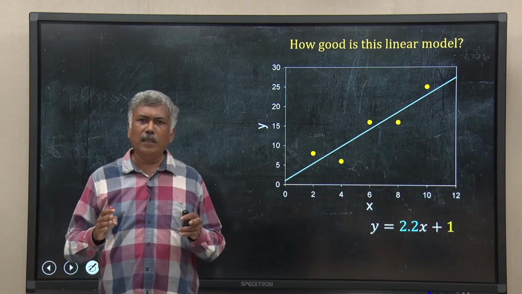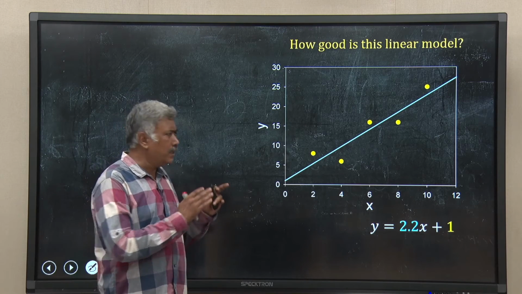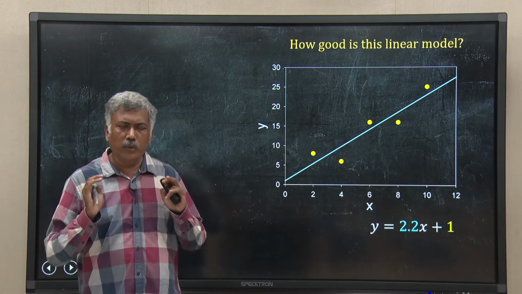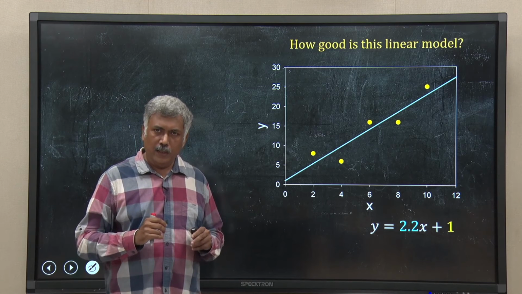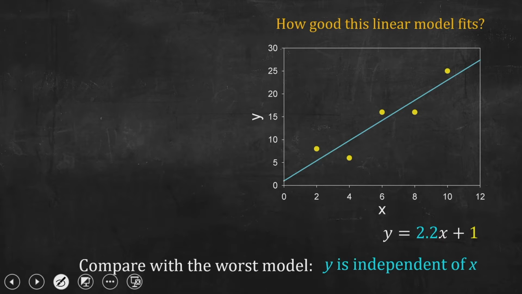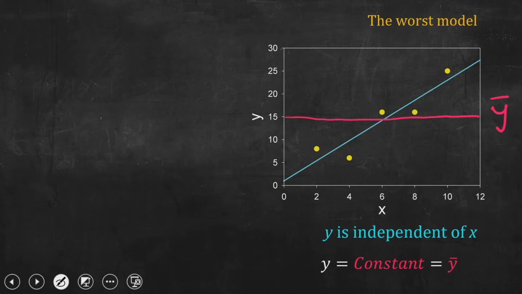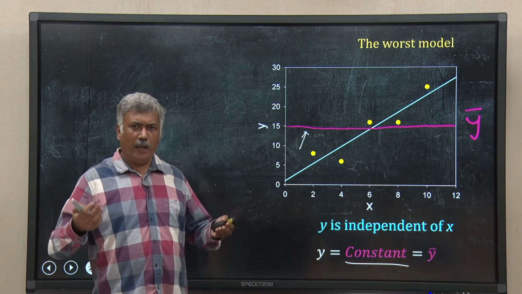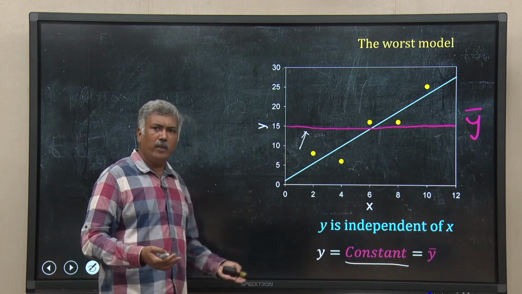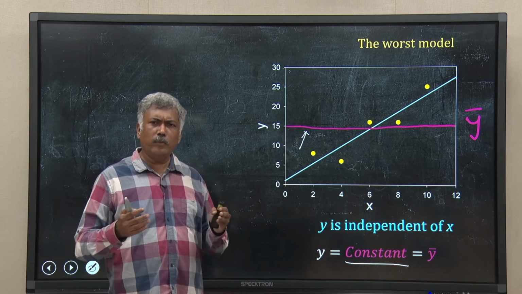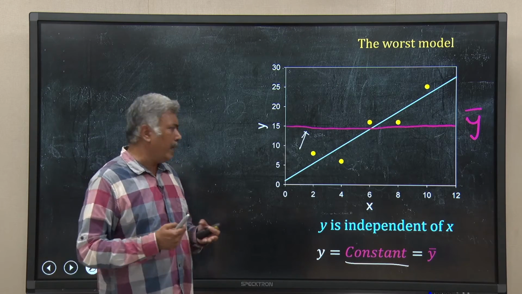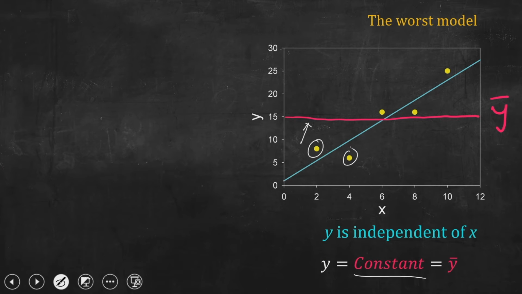So, let me first imagine what could be the coarse model for this data. These 5 data points of x and y are given to you, and what could be the coarse model? The coarse model could be that y does not depend upon x at all. That means y is a constant, it does not vary with x, and if I visually see that, I should get a straight line y equal to constant. Now, for y equal to constant, you can imagine any value, y equal to 100, y equal to 0, y equal to minus 10, but those will not be reasonable, right. The reasonable choice would be to take the mean of the values of y from these 5 data points